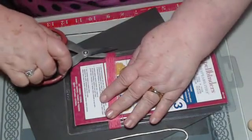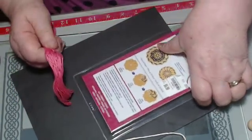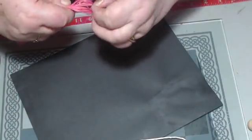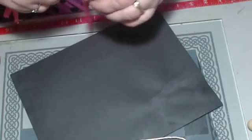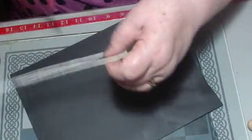Now, okay, so I'm just going to cut this like this here. There we go. So now I have all this hair, all this, what used to be embroidery floss is now hair. Let me get this short one out of here. And I'm going to put this hair,